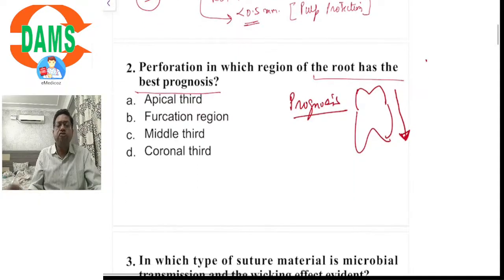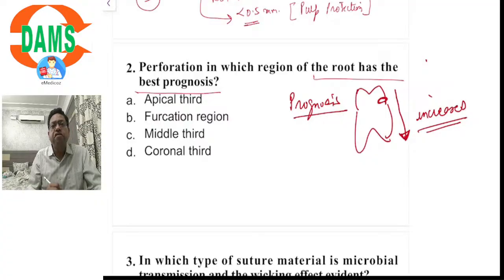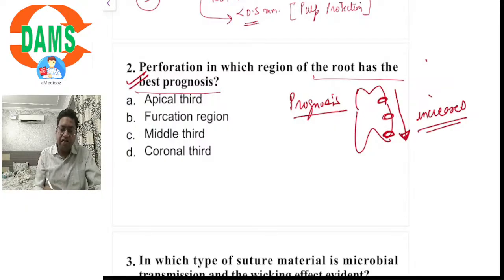increases from cervical to apical. This is the sequence that you have to remember. Any perforation occurring in the furcation area or cervical area has the worst prognosis. Perforation occurring in the middle 1/3 area has a better prognosis, and perforation occurring entirely into the healthy bone in the apical 1/3 has the best prognosis. So if it is asking which perforation would have the best prognosis, then the answer would be